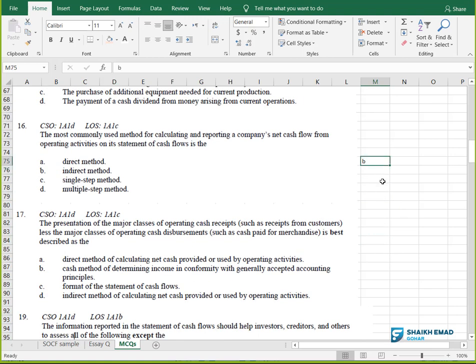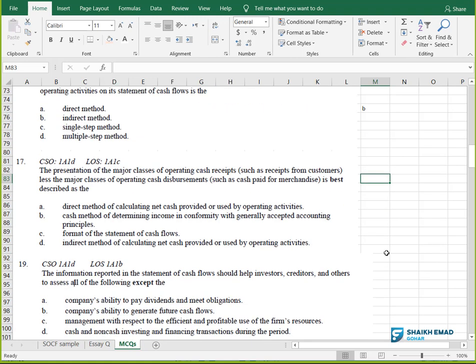And by the way, why is the indirect method recommended? Because we need to tell the shareholders that profit is not cash. Many people have this misconception. Not everyone is an accounting person, right? The shareholders have different backgrounds, so they don't know that profit is not cash. So we need to tell them by making the cash flow that, see, this is your profit, adjustment, adjustment, adjustment, and finally you get your cash. I hope you are getting the story.